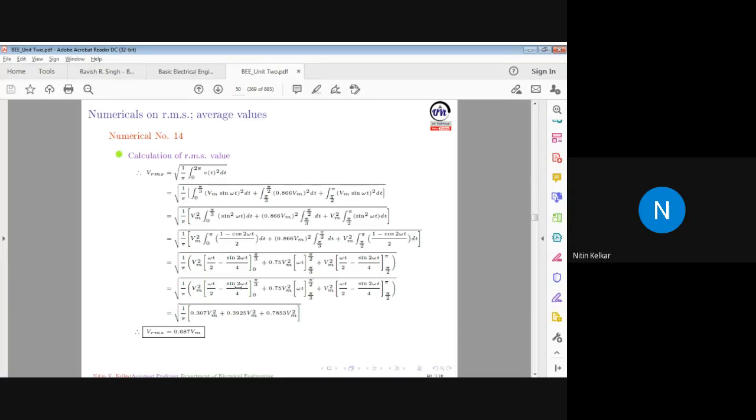Those who are interested may try to get the average value on their own. Those who are not interested, it is up to them whether to solve the numericals on their own or not. So with this, for today's session, we'll stop at this particular instant. Next time when we meet, we'll continue our discussion with the calculation of RMS value for the same waveform. So for today's session,